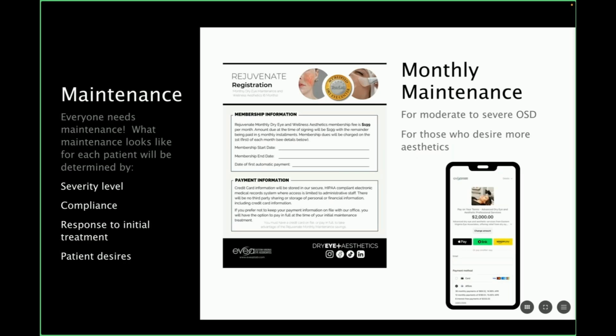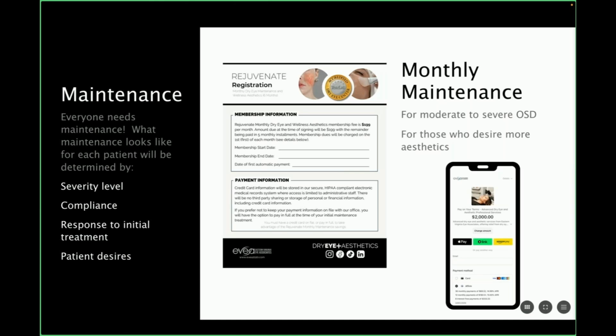It was only through doing this that I learned your initial grading of their severity level is very important. If they have mild MGD, no telangiectasia, no contributing systemic history, yeah, 4 sessions are probably going to do the trick. Most of the patients, when you start getting deep into dry eye, are going to be more of the train wrecks, right? You're going to get those patients that are simple, but you're also going to get sent these really complex patients. So letting the patient know this right from the beginning, setting those expectations, is really, really important.